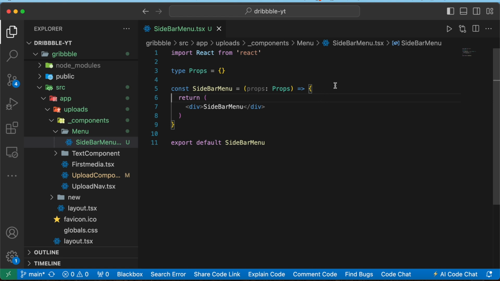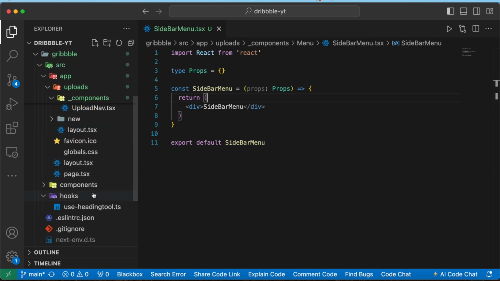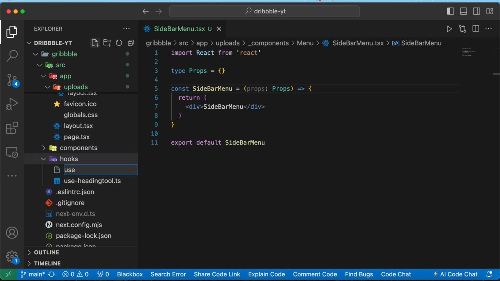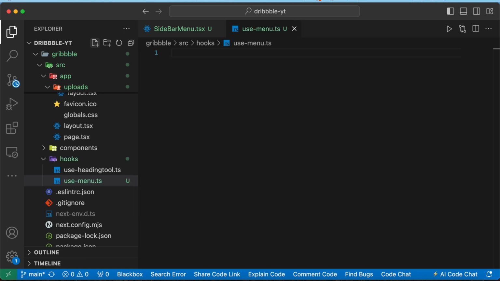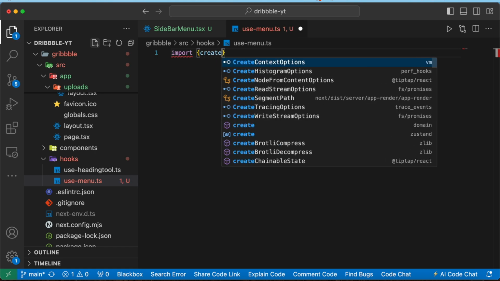Okay, now since this sidebar menu is going to be opened and closed here, for that purpose we are going to need a state, and that state is going to be used somewhere else in other components. So for that we are going to make a hook here instead of making a single state using useState over here. So I'm going to make a hook here, and we can name this use-menu.ts, and then we can import create from